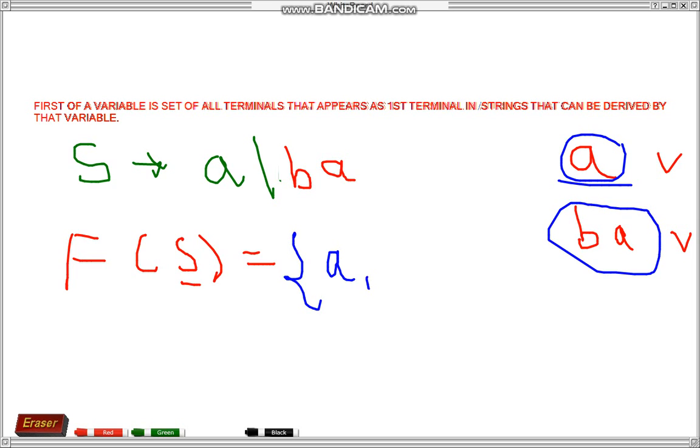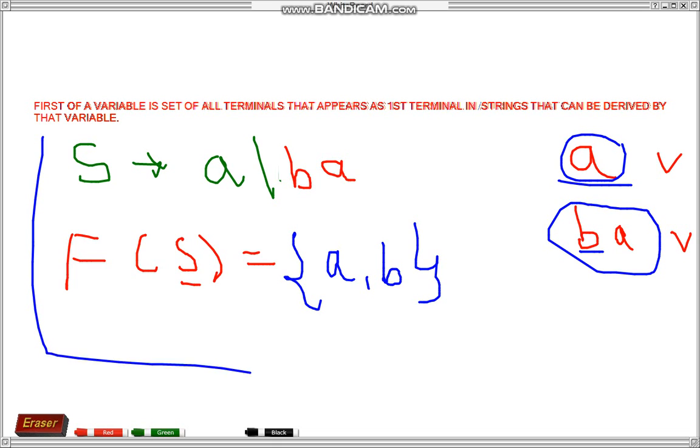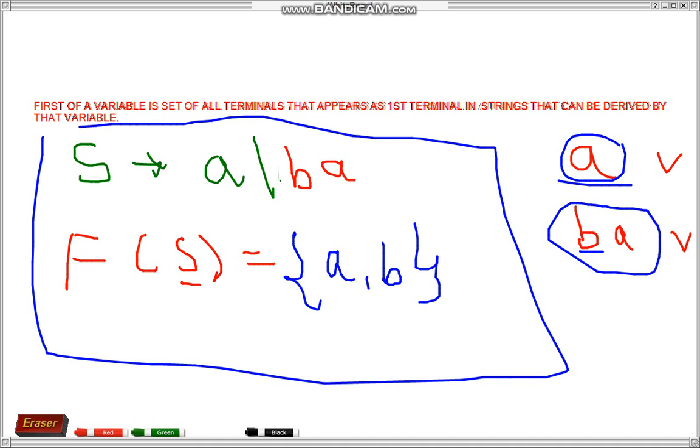In this BA string, the first terminal is B, so B would be included in first of S. So for this example, first of S would be A comma B. By definition, first of a variable, that is first of S, is the set of all terminals that appear as the first terminal in all strings that can be derived by S.